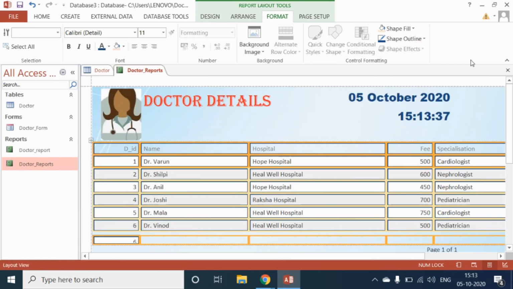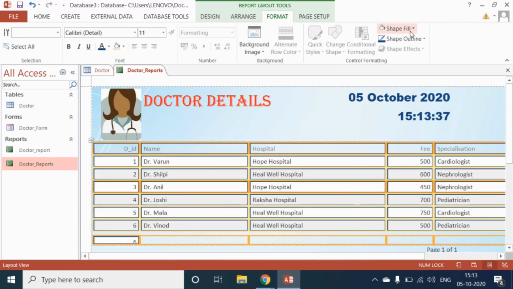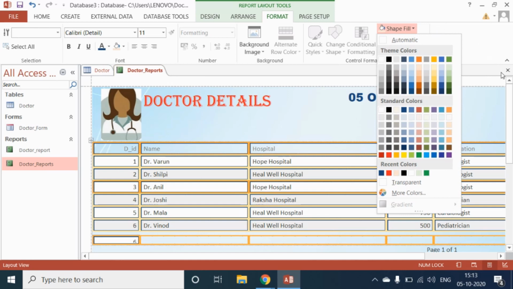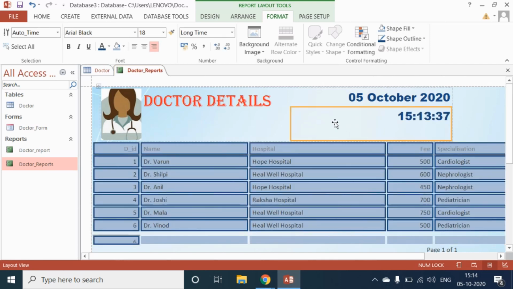So you can see the outline borders of the picture. Now again select the whole table, go to the Shape Fill option and select any one color to fill in the table. Here I'm selecting light blue, and you can see our colorful report. Are you understanding how to format a report? Yes.